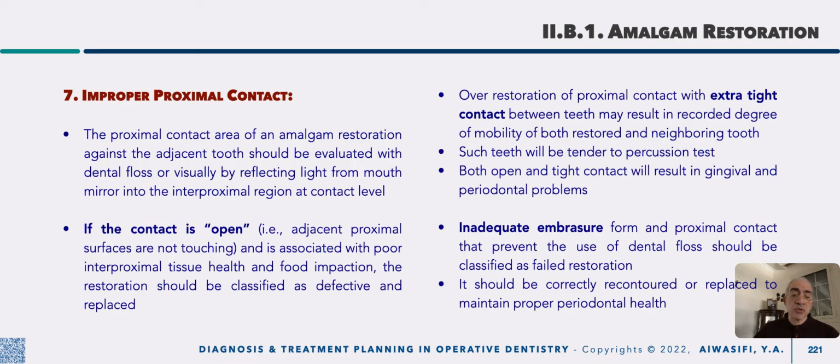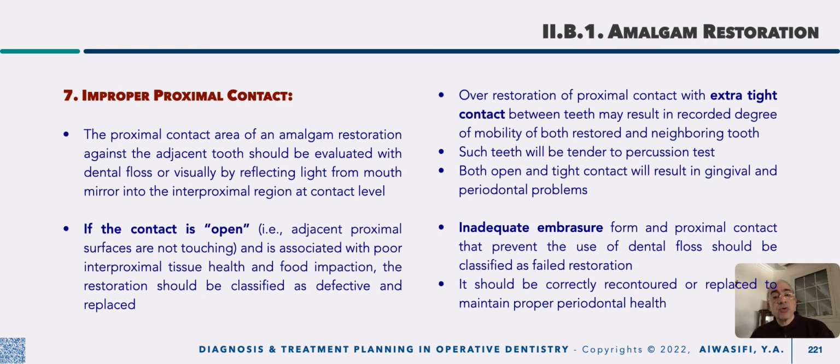Then comes the proximal contact, which is a very important and tricky area in reproduction, and needs much more training and much more skill of your operator. Contact area should be reproduced exactly the same in its position and in its dimensions. The proximal area is classified into two anatomical characteristics: